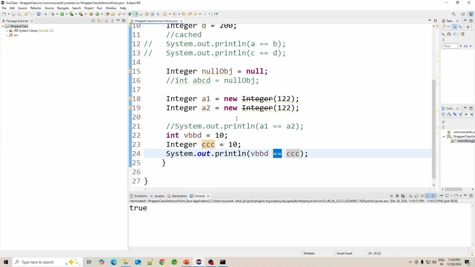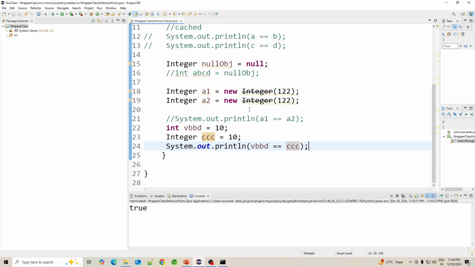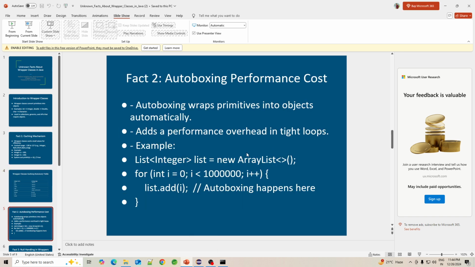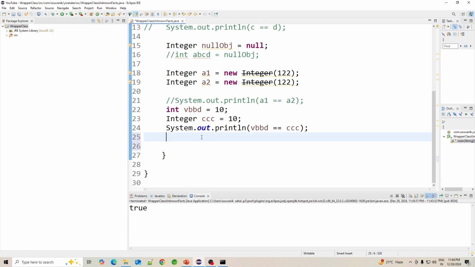So these are some facts you should keep in mind whenever you are dealing with wrapper class objects, right? Now let's get into our third fact, that is performance cost. Let's see what I mean by that. Let's say you have declared one wrapper class object called sum,